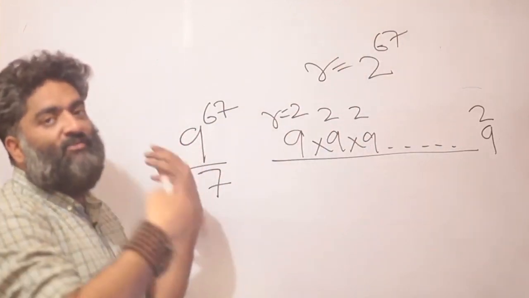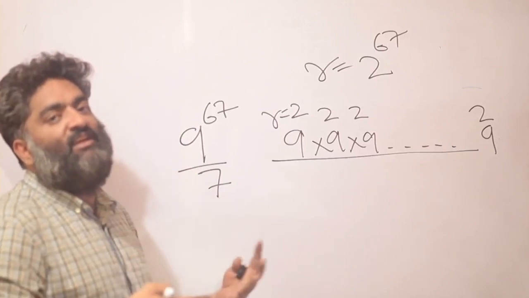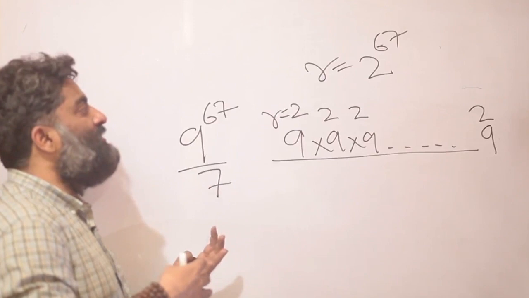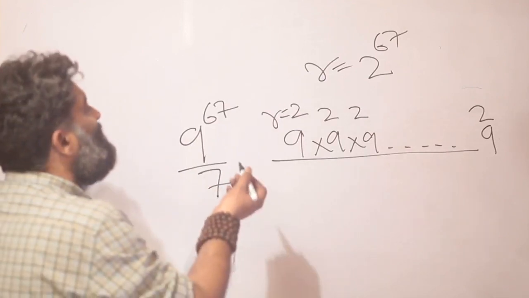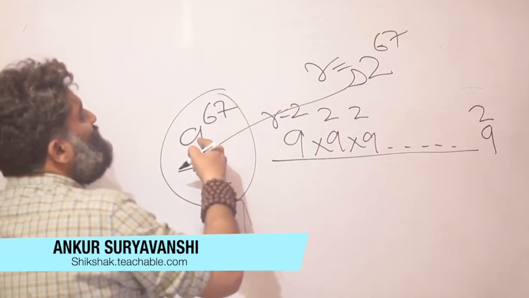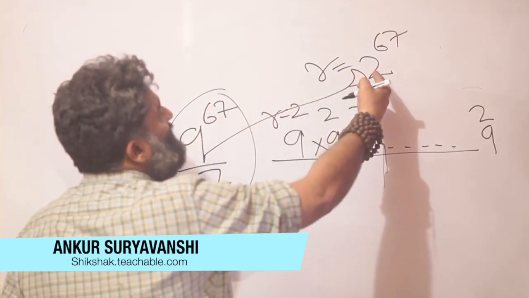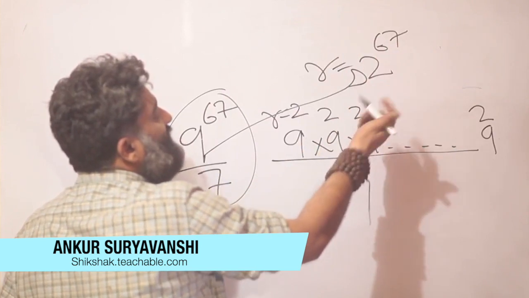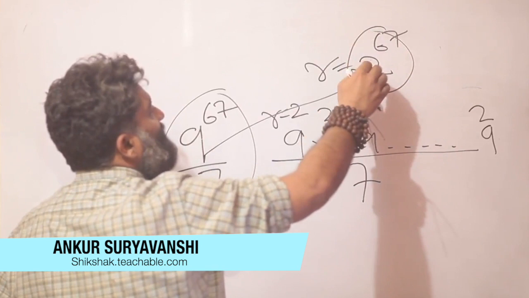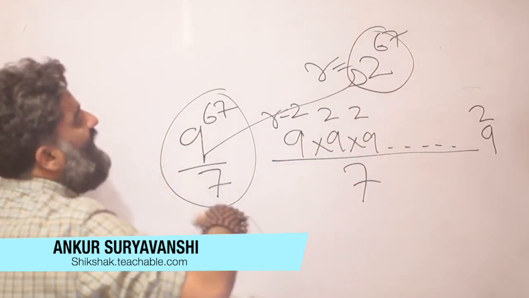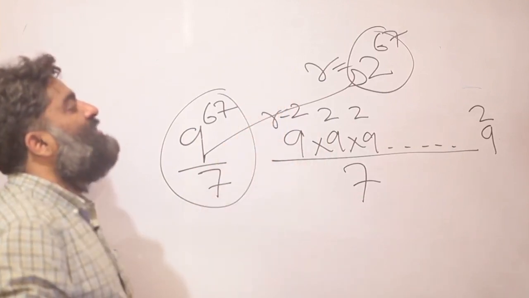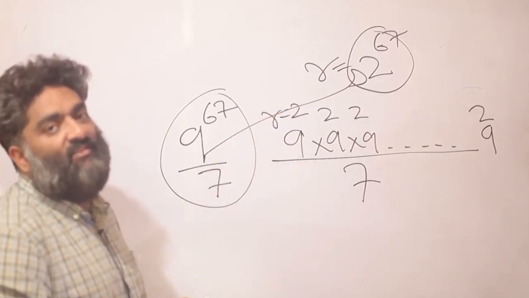So instead of whatever we were doing earlier, where I found the 3 remainders and the cycle involved, that is because we were trying to learn the patterns here. Now I am saying try and think of it as a new question. The question was 9 raised to 67. Now the question has become 2 raised to 67. It is definitely bigger than 7. That means you should take this number and again divide it by 7 and try and find out what the remainder is. So now my question becomes 2 raised to 67 divided by 7.